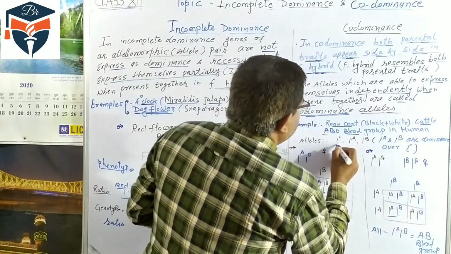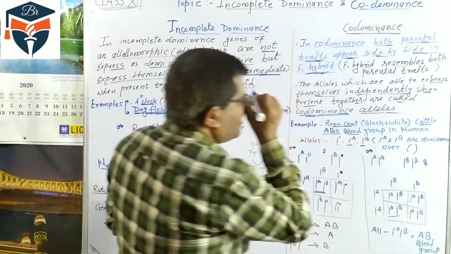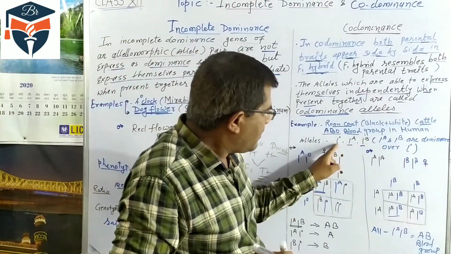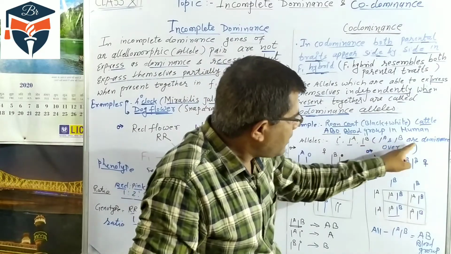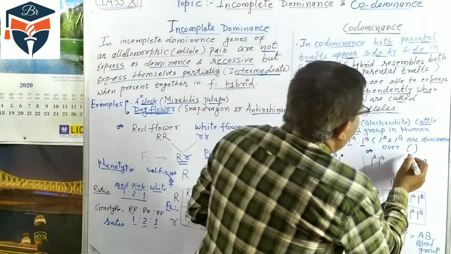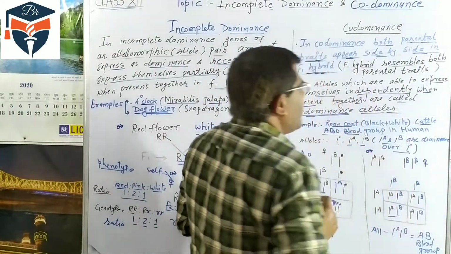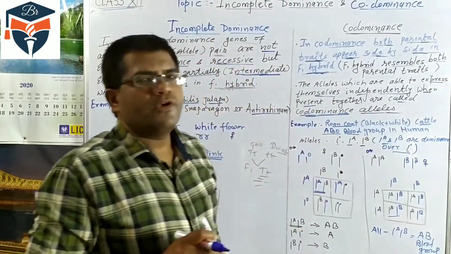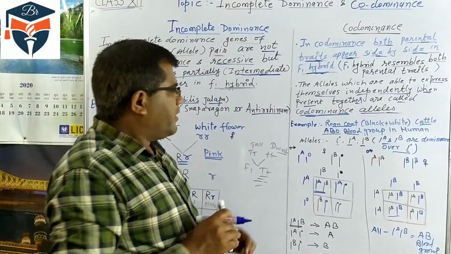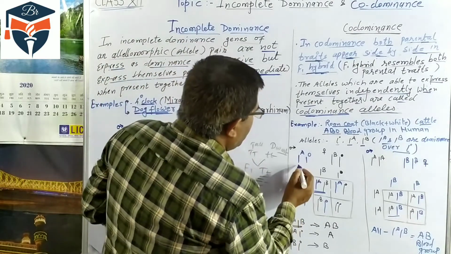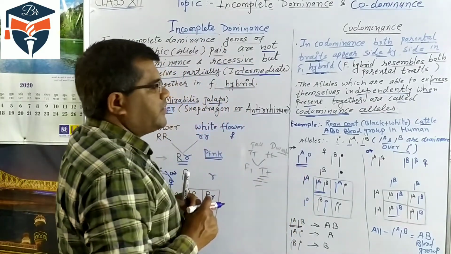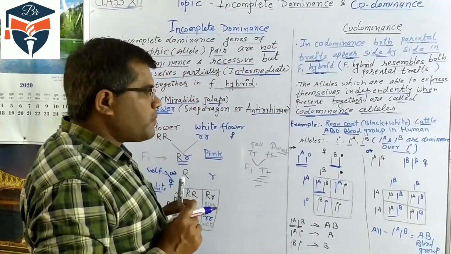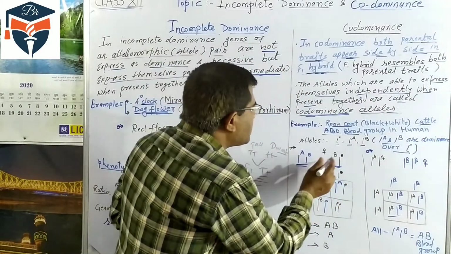IA and IB are dominant over I0. So IA and IB are the dominant alleles and I0 is the recessive allele. Now, if one parent is IA I0 and the other parent is IB I0, and these parents are crossed,